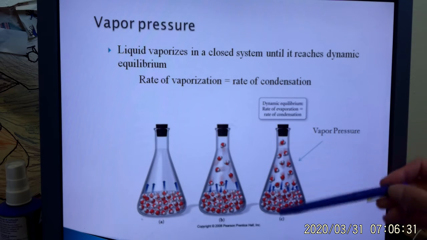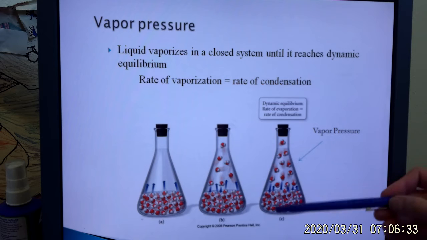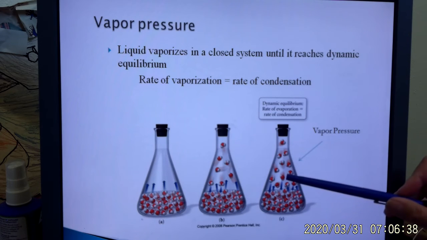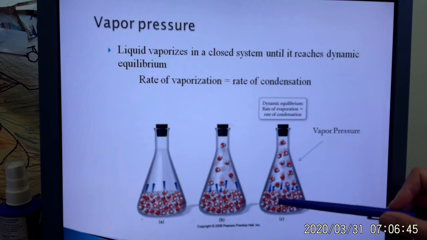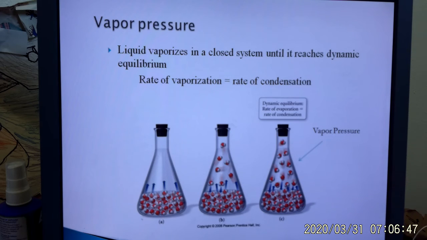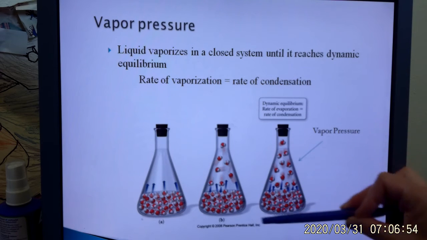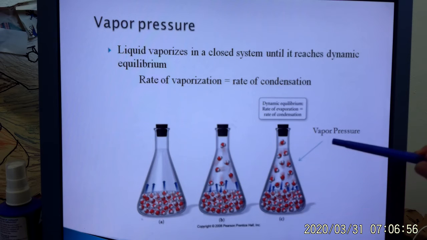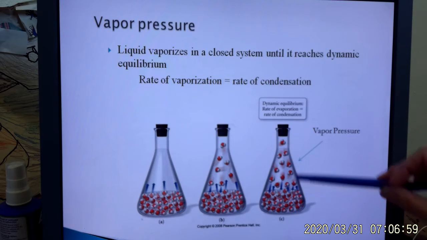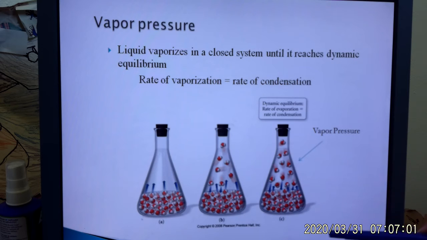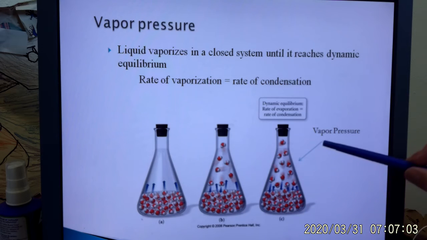When this reaches dynamic equilibrium, and usually we'll just talk about it from now on as equilibrium, but just so you know, if I follow this particular water molecule, it won't always stay in the vapor state. It may go back into the liquid state, and then it may go back into the gas state. But on the whole, when we say dynamic equilibrium, the number up here is steady, the number down here is steady now. We call this the pressure exerted by the gas, okay, vapor pressure.